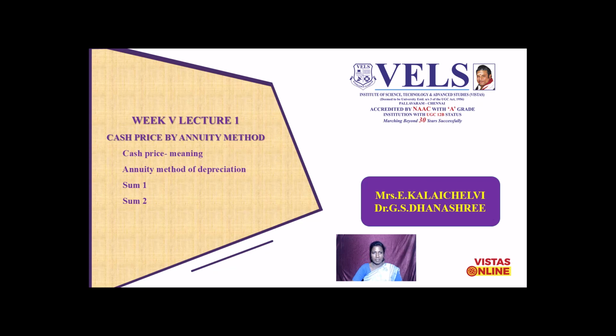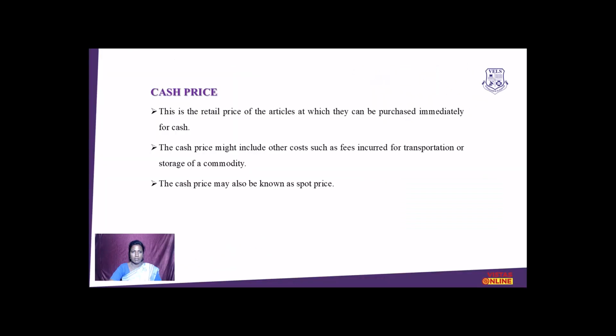Myself E. Kalachelvi, Assistant Professor, Wales Institute of Science, Technology and Advanced Studies. Today I want to discuss cash price by annuity method, cash price meaning, annuity method of depreciation, sum 1 and 2. Cash price: this is the retail price of the article at which it can be purchased immediately for